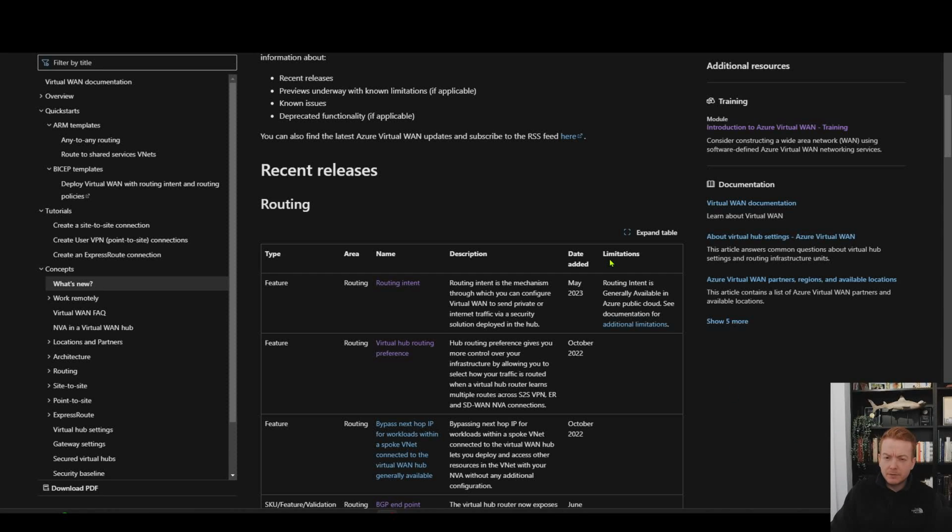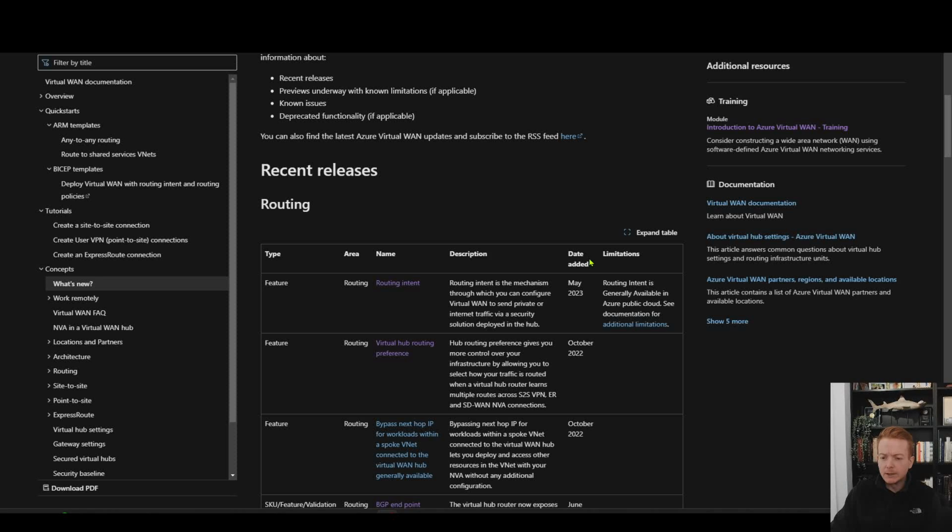The routing intent feature in Virtual WAN has been generally available for about 6 months now, so I thought it might be nice to make a video and share some of the learnings on the feature. It's definitely one of the most popular features that's been used by customers because it offers a one-click easy button for inter-region routing via firewalls, which is what a lot of customers want, just a simple basic any-to-any through a